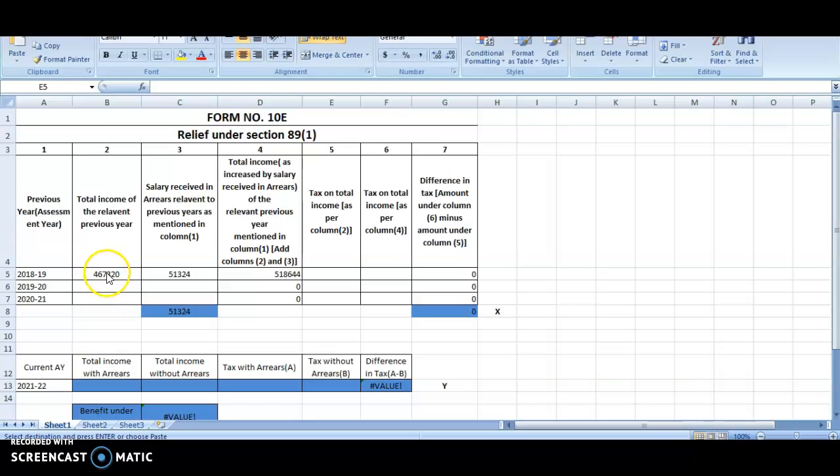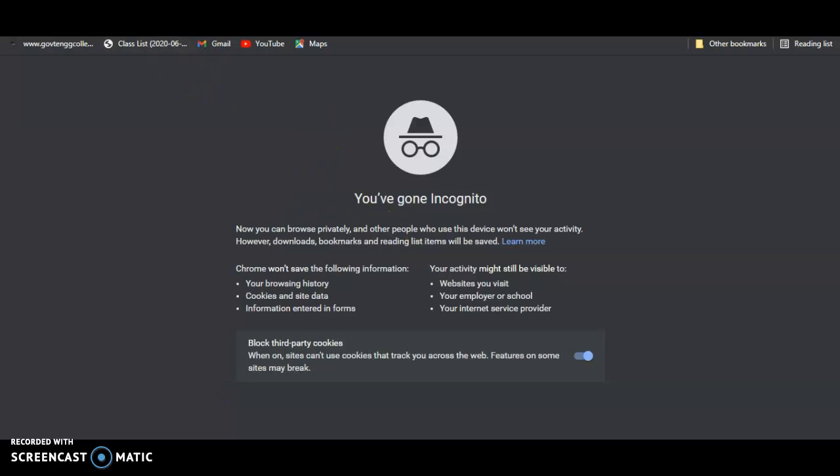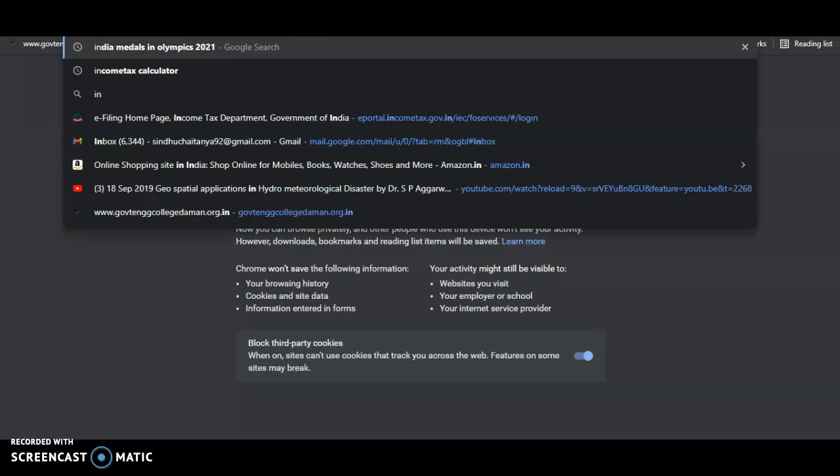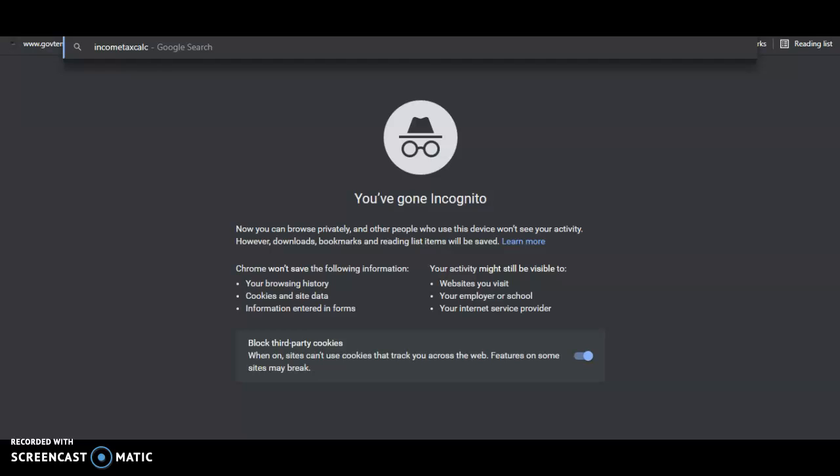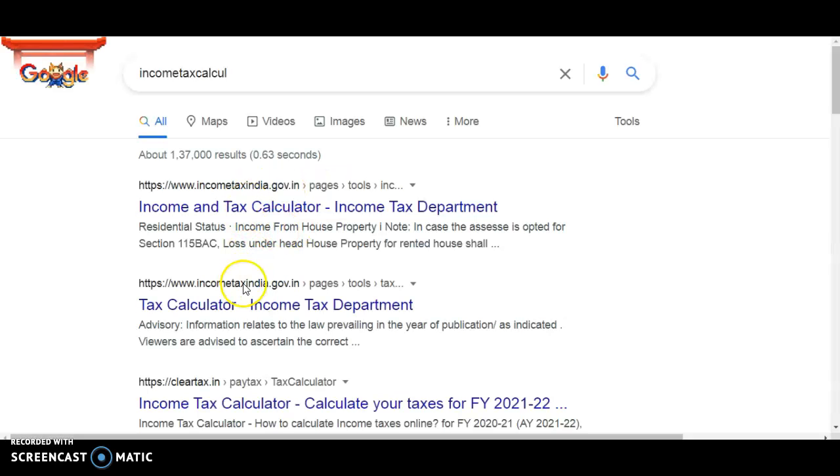Here I have entered the values in column 2 and 3 which are available with me, and to enter the tax on column 2, I will take help from an income tax calculator. So I'll just enter income tax calculator in the browser.